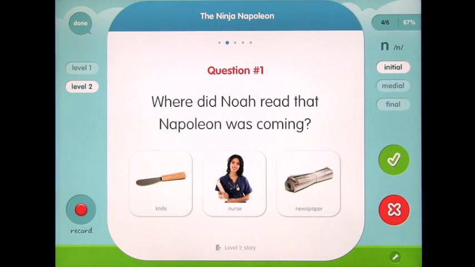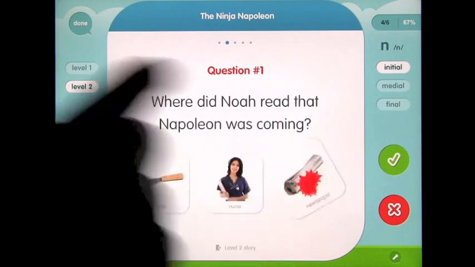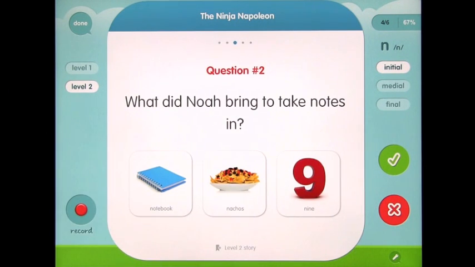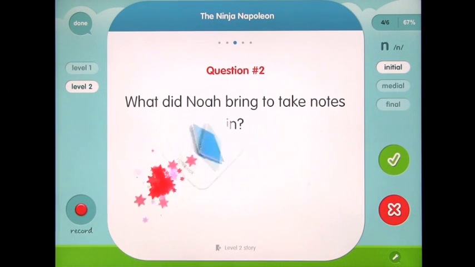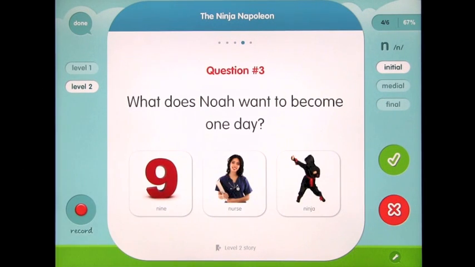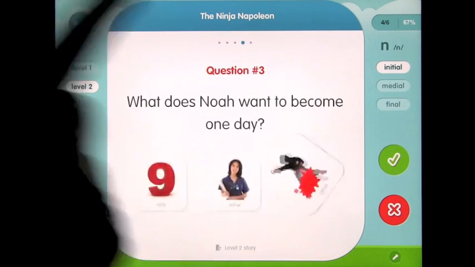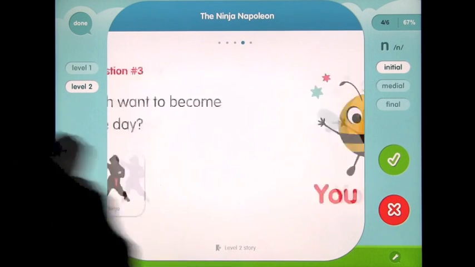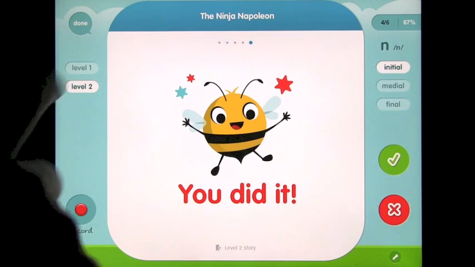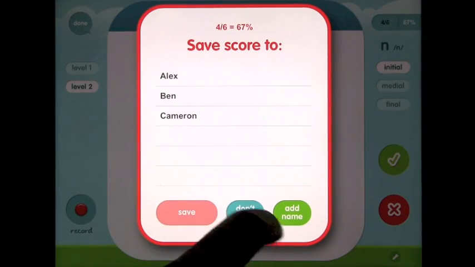Where did Noah read that Napoleon was coming? Newspaper. What did Noah bring to take notes in? Notebook. What does Noah want to become one day? Ninja. Okay, and you can record all of that just like you can with everything else in this program, so don't